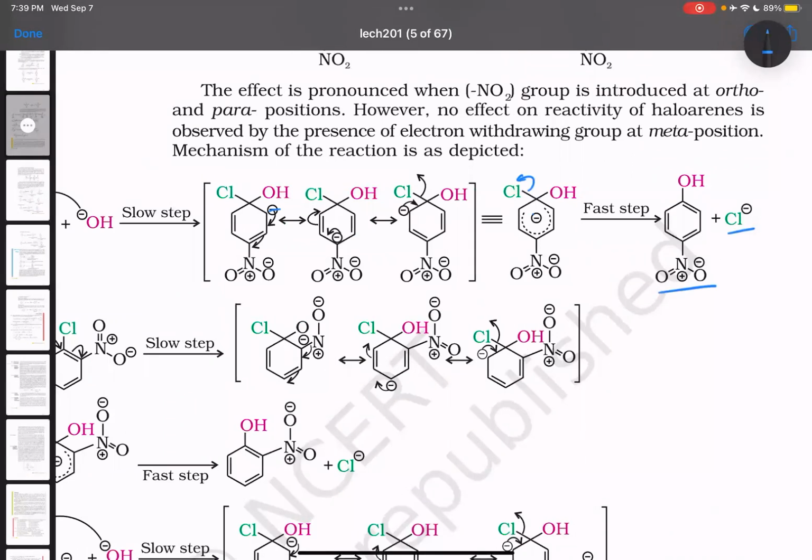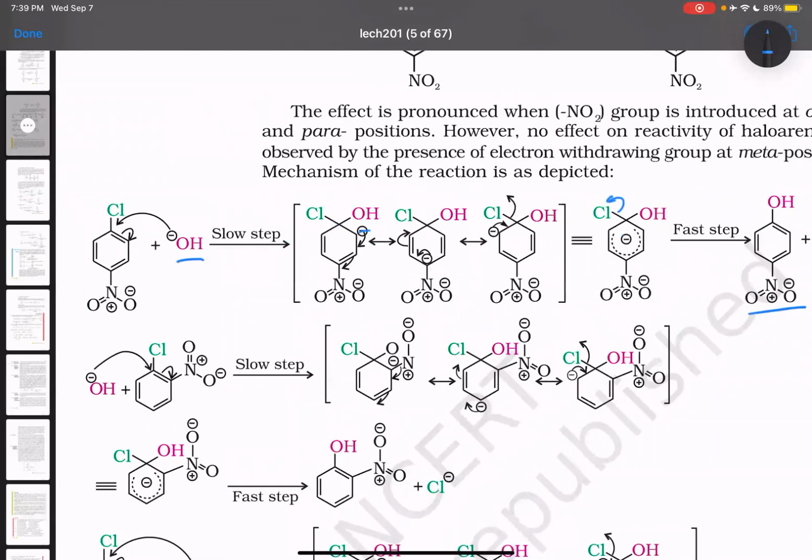This first step is a difficult step. Definitely it is going to be the slow step, and that's why it is known as bimolecular nucleophilic aromatic substitution. Nucleophilic means the nucleophile is coming and attacking the ring. Aromatic means this benzene ring is aromatic in nature, and this substitution is happening on the aromatic ring. So nucleophilic aromatic substitution reaction means substitution on aromatic halides. This requires very strong conditions. This is a slow step. It is a difficult step because